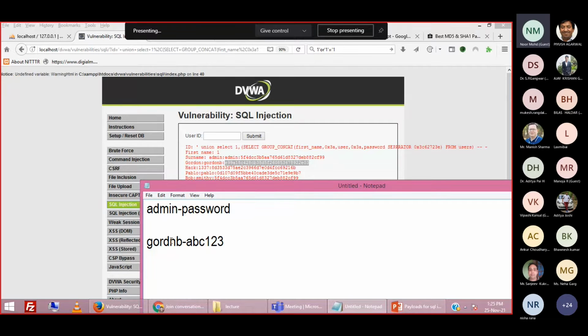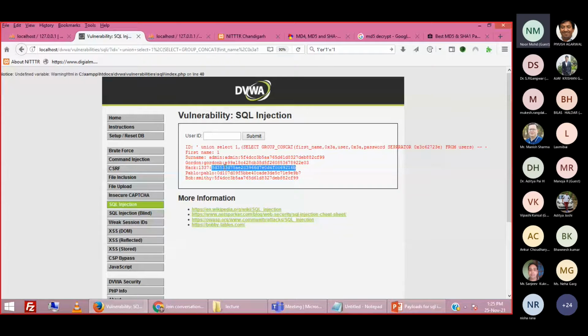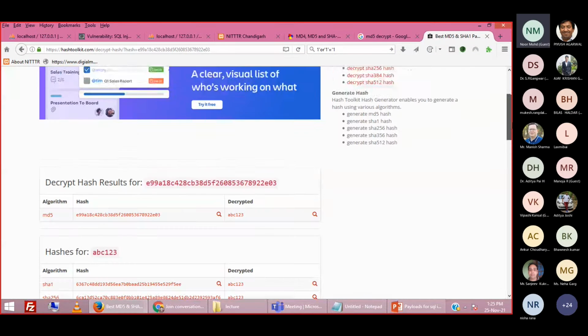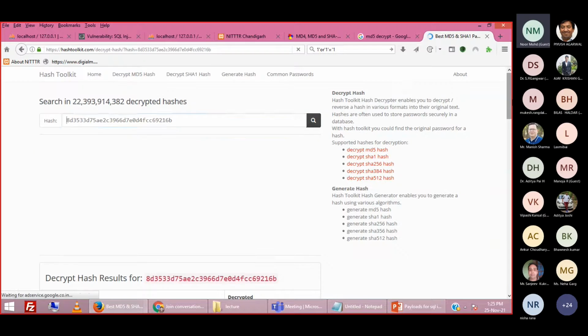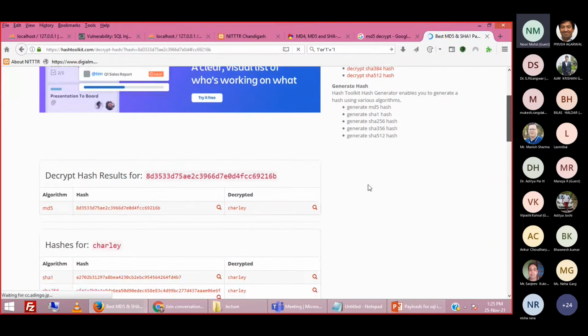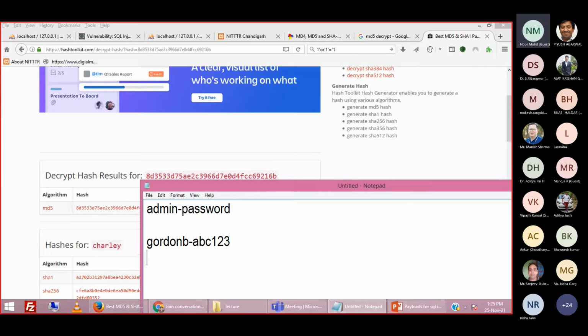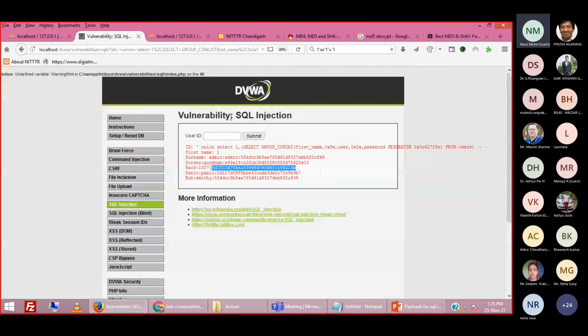For 1337, let us decrypt its password. The password is charley. For username 1337, the password is charley.